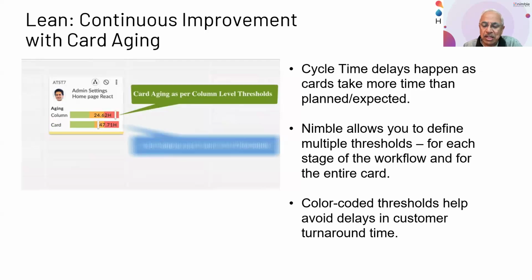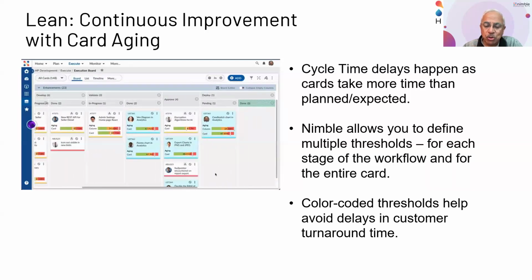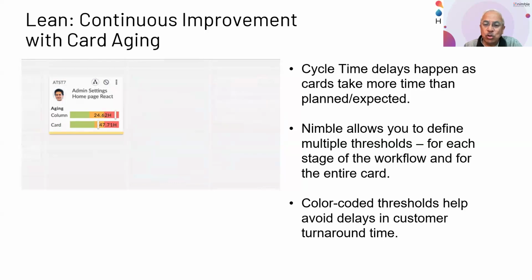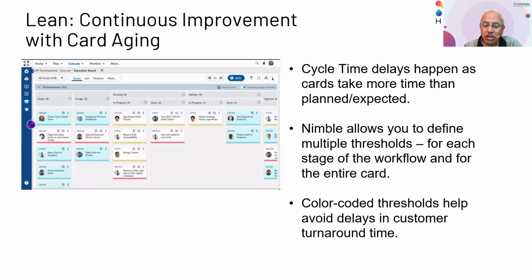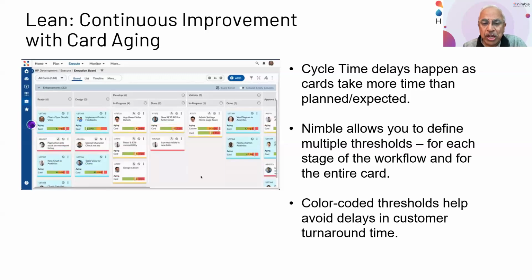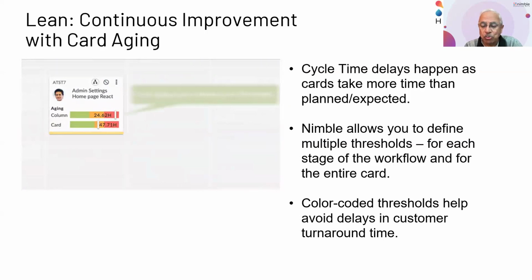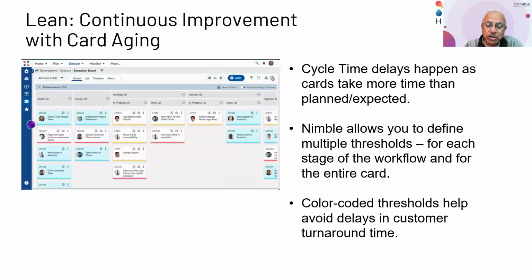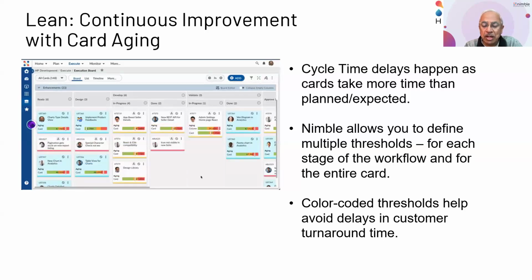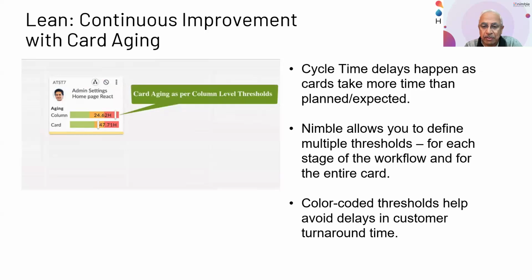And what we do here is a key capability in the system, which is that for your overall value stream, you can define the thresholds that a card or work item should take to complete that stage of the work. And then against those thresholds, we provide you the information on how different cards are doing in relation to that threshold. So you can set up your own thresholds based on past analysis of data and see what is the typical expected time across different columns of your workflow. And then as you can see here, based on the actual status of cards on those columns, they will tell you based on the threshold whether they are running on time, whether they are slightly delayed, or they are very much delayed. That the red, amber, green